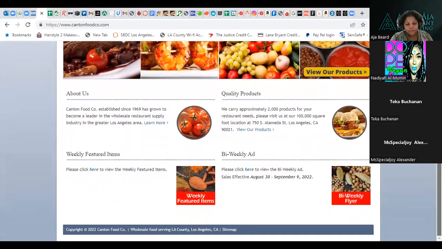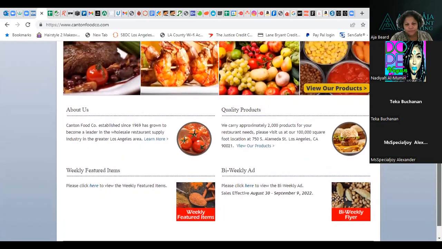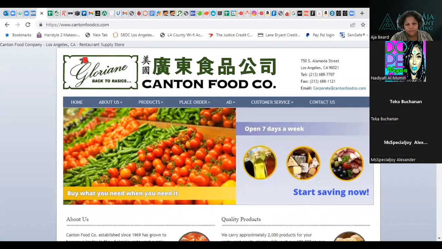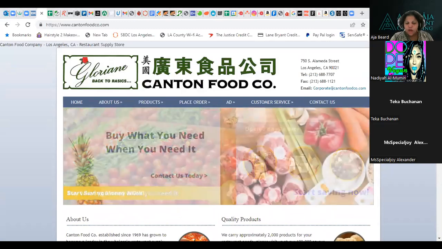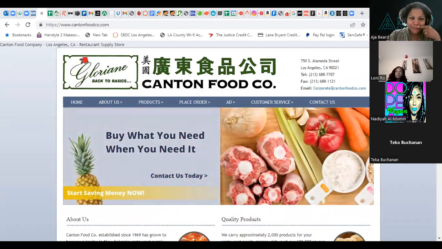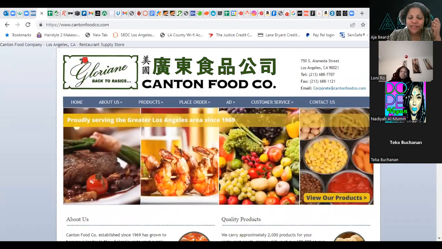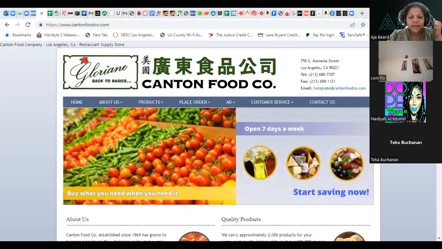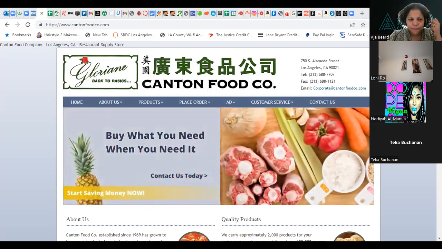They have a thing where you give your tax information and you get tax free. You don't have to pay taxes. Well, if that's your resale permit... I think you're talking about the resale permit. You can do that at any of these other places. Even at Cisco, you show them your resale permit and then they don't charge you the taxes, because you're going to collect those taxes when you sell it to your clients. That's at all the stores you mentioned, not just Canton.